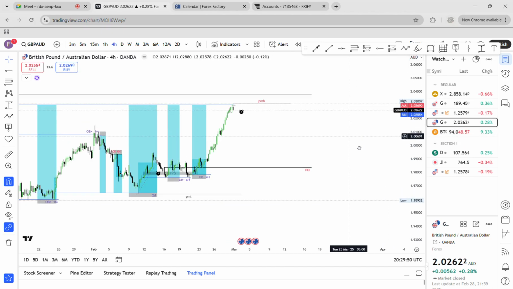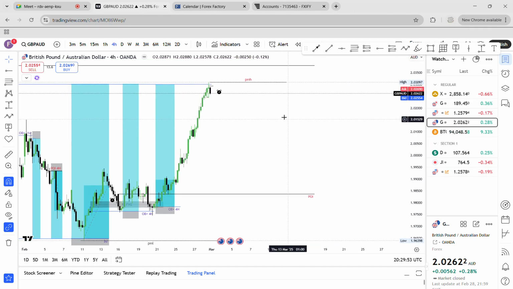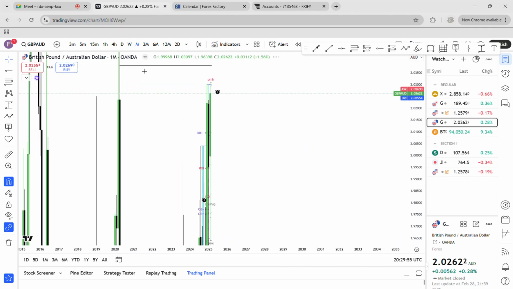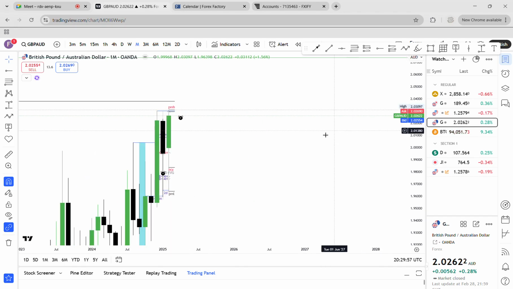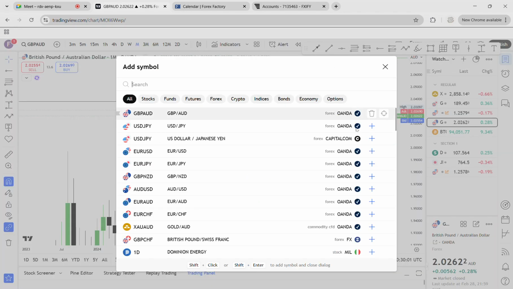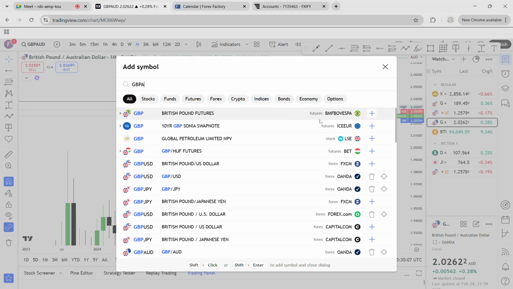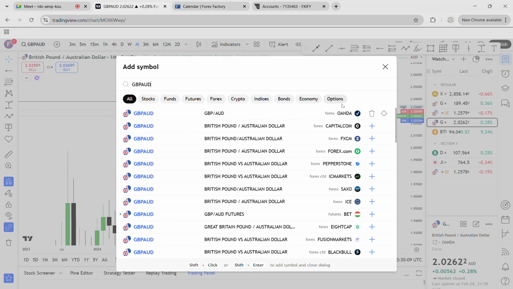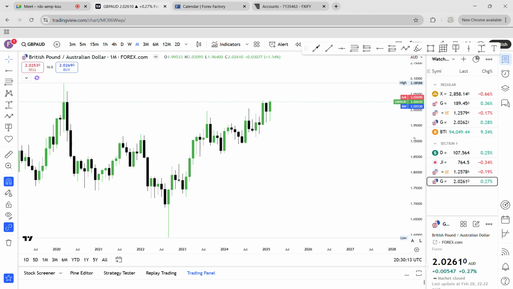GBP AUD. I don't know if you guys are trading it, but yeah. So this is a new month. I just take another currency pair. GBP AUD. Forex.com. So